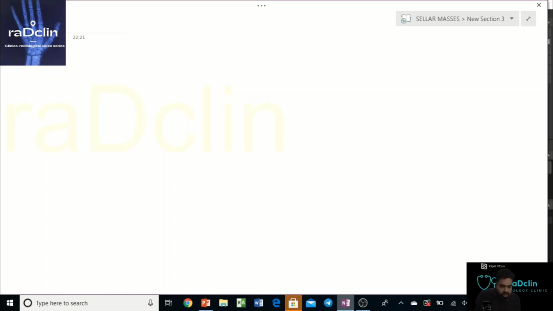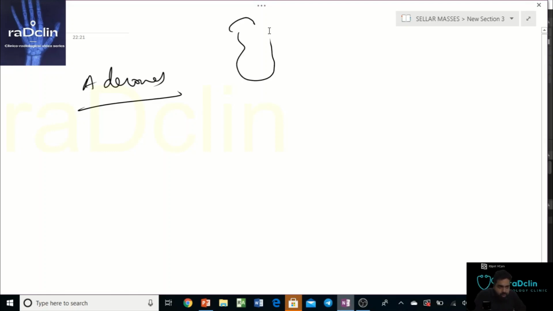Now, these adenomas involve the gland as a whole. That is, the mass cannot be differentiated separately from the gland. The mass is inside the gland itself. Now, it is solid, as well as showing contrast enhancement. It has a typical snowman kind of morphology.